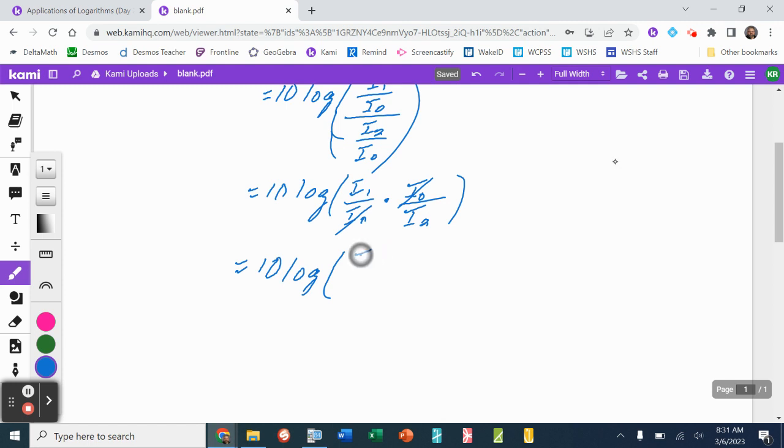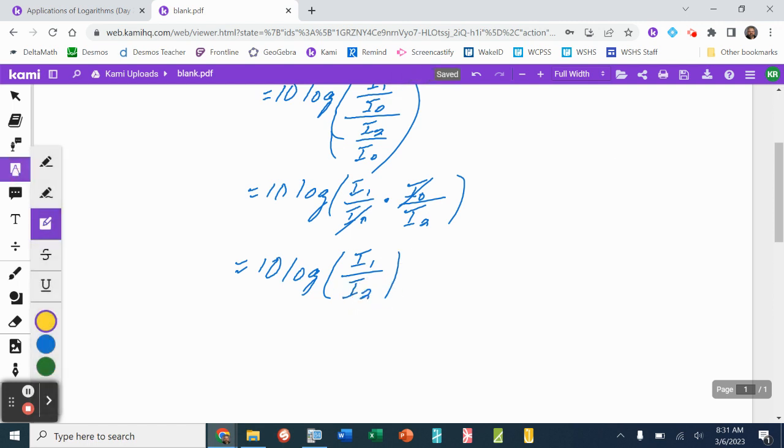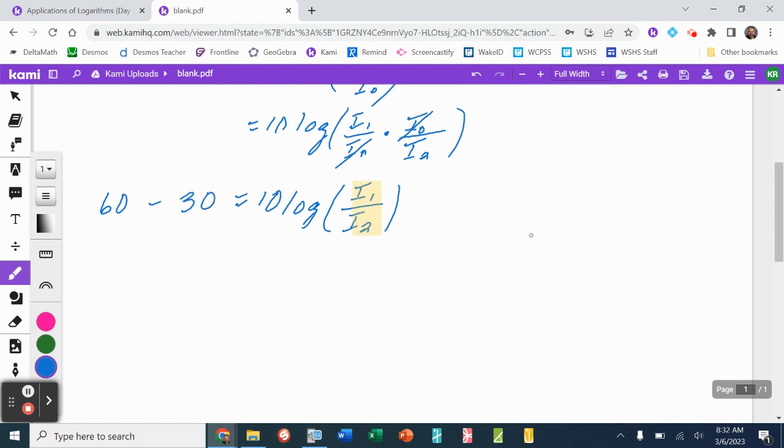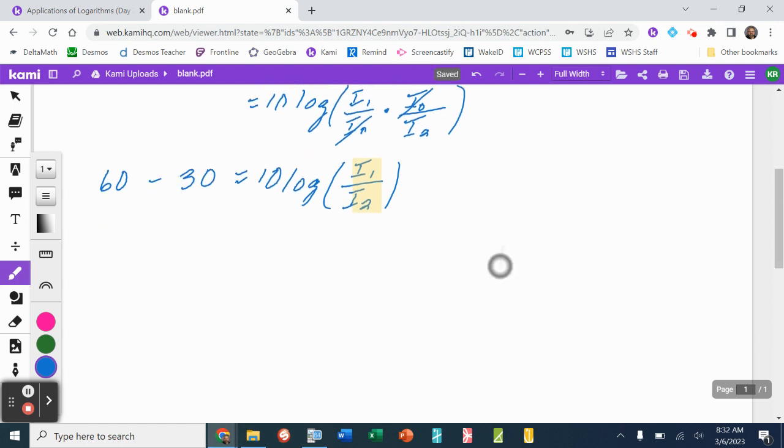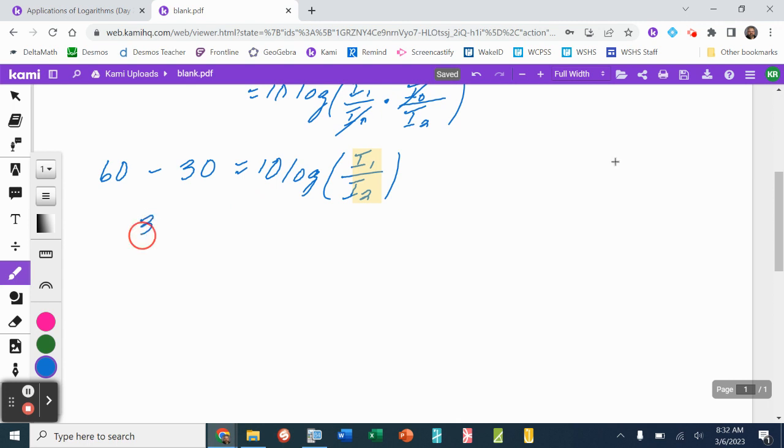of intensity 1 divided by intensity 2. And just like in the Richter scale video, this is what we're looking for. We want to know how many more times intense the louder noise was than the quieter noise. And so we're going to bring this back down. This is 60 decibels for our normal conversation minus 30 decibels for our normal whisper. We're going to continue solving from there. So 60 minus 30 is indeed 30,